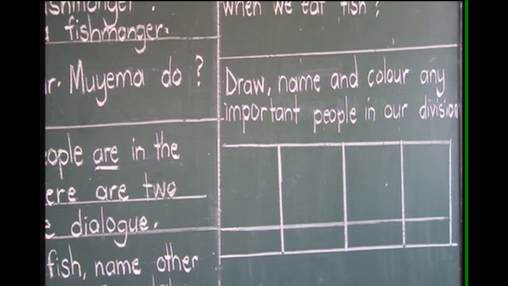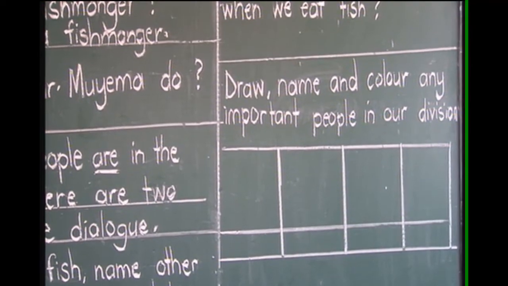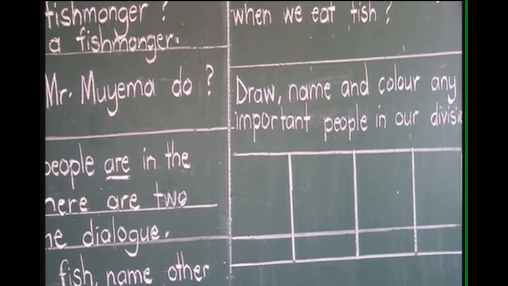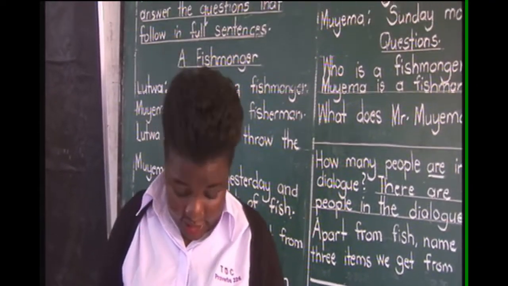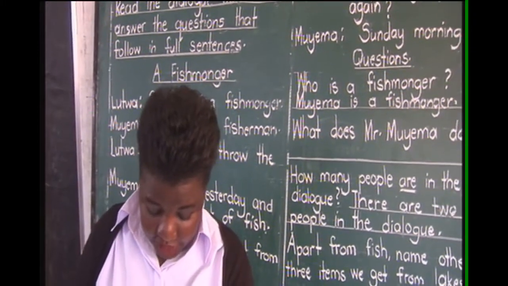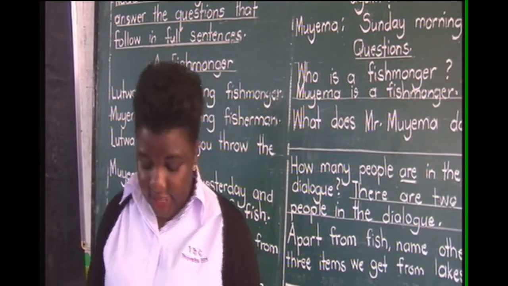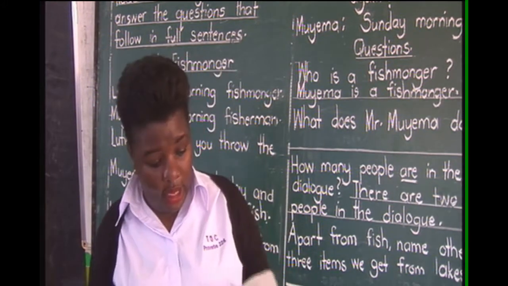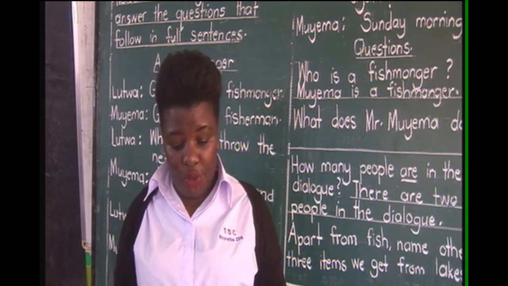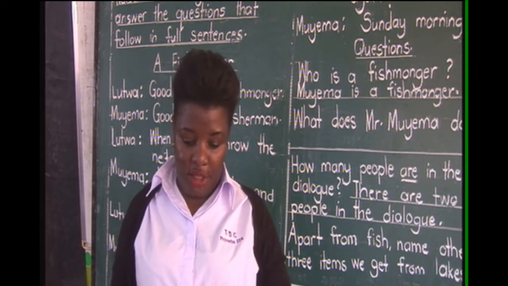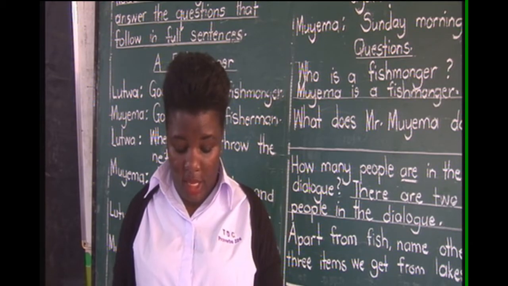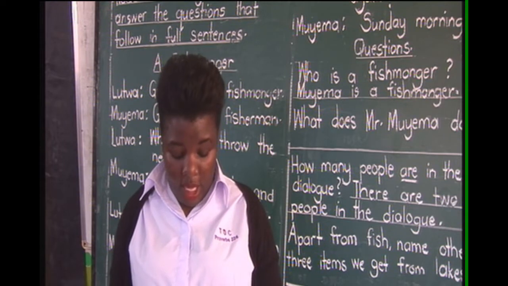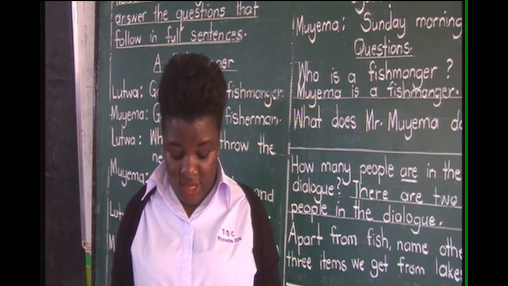So, dear children, allow me to go to the next page. That is page 22. I believe everyone is there. The instruction is telling us to complete the sentences correctly. The first one says, a person who drives a car is a dash. You will have to put for me the answer. A person who makes furniture is a dash. You know that person. A person who sells fish is a.